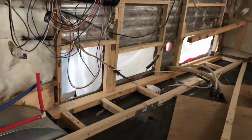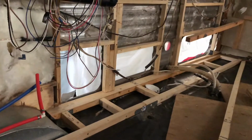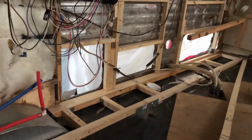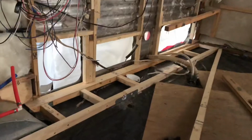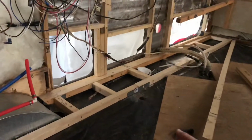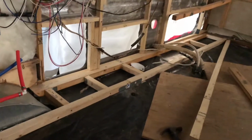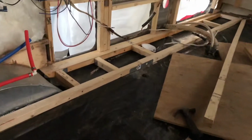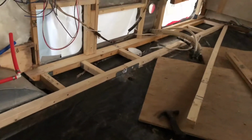But I decided that propane was not the way that I wanted to go. So I removed all of it. I still have all of it. It literally took us 5 minutes to get all the propane lines and everything out of the trailer and from underneath the trailer, and the whole setup on the front of the trailer. So if I change my mind,